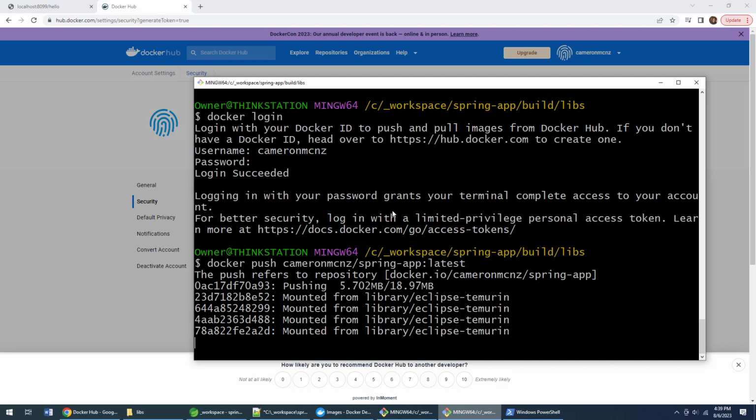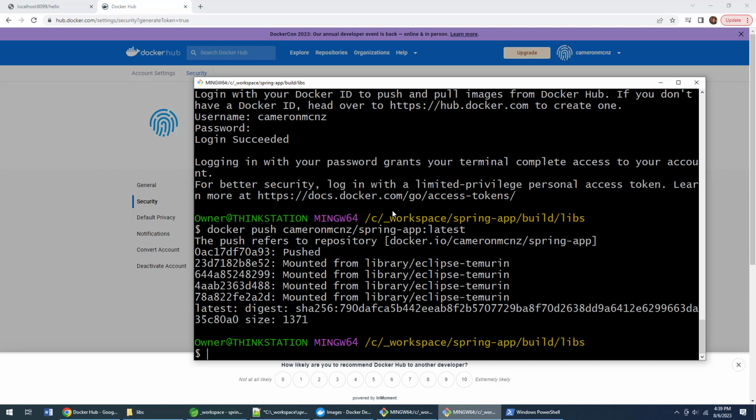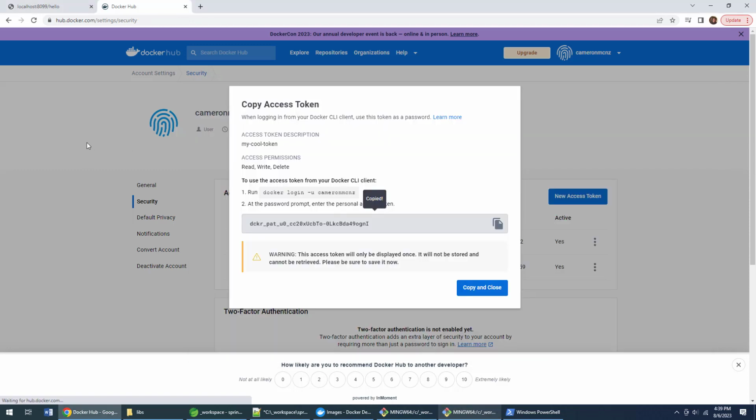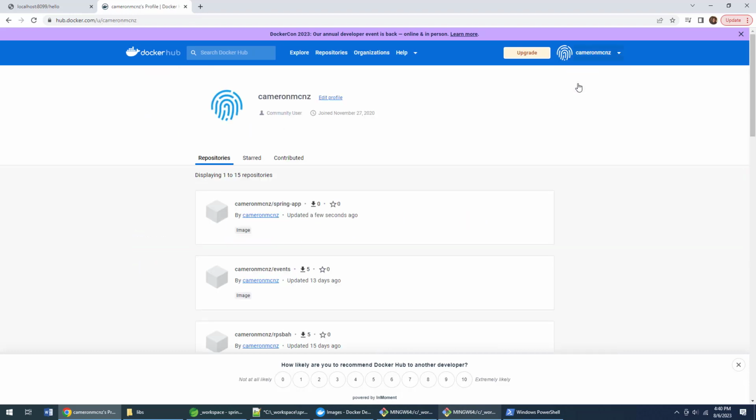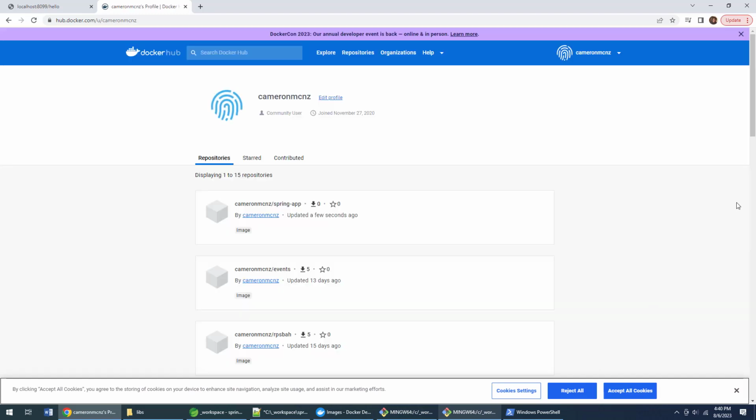And now the command window using that Docker command is actually going to push my Docker image up to Docker Hub. And now, if I actually go back to Docker Hub, click on my profile, do a refresh, you can see that indeed that Docker container, that Spring Boot application, has been Dockerized and pushed